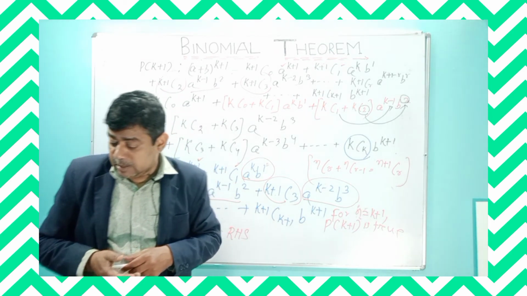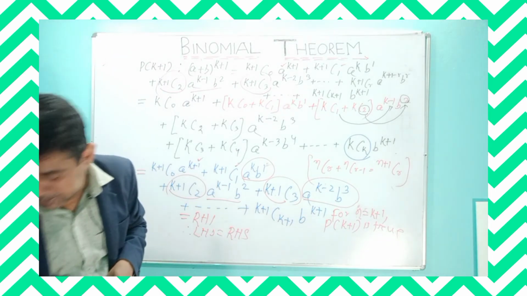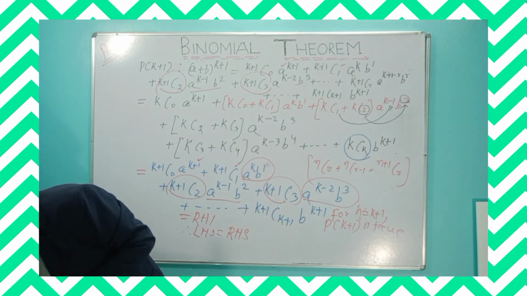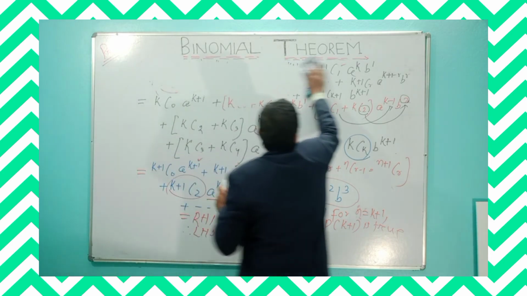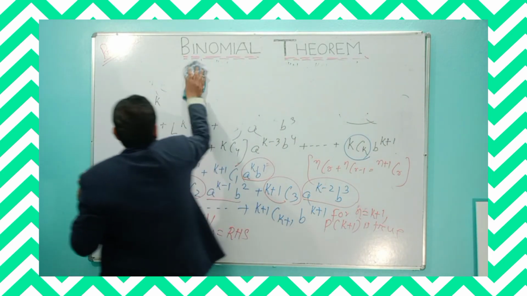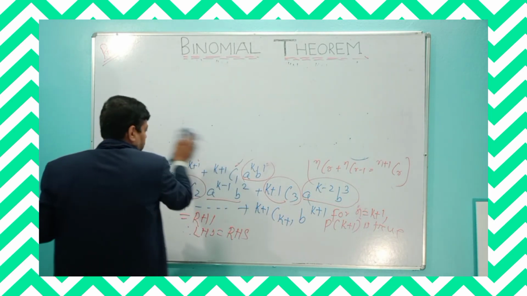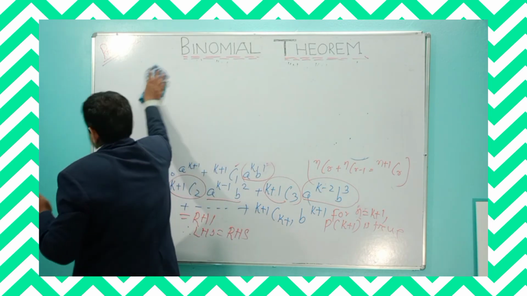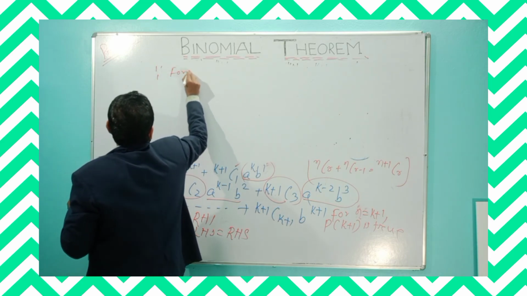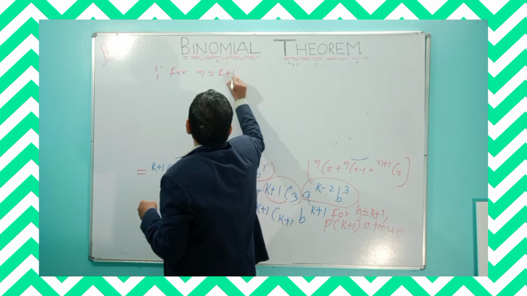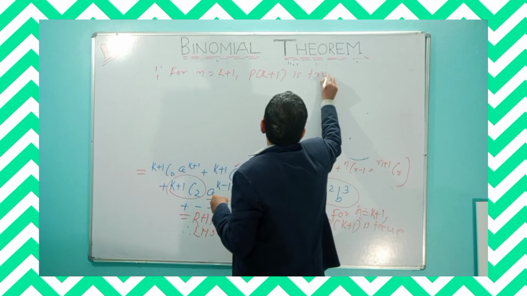Is it clear? Thus our binomial theorem is proved and verified, right? Understand? Is it clear now? Thus we get, since P(K plus 1) is true for n equal to K plus 1, P(K plus 1) is true. So thus it is proved that